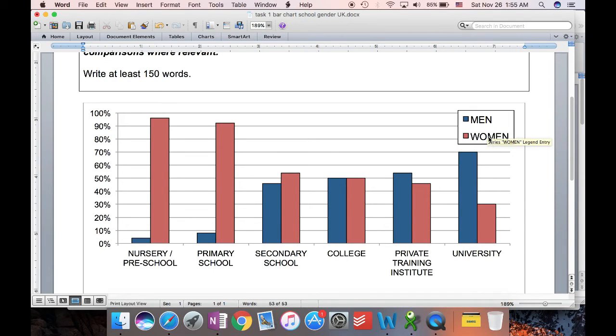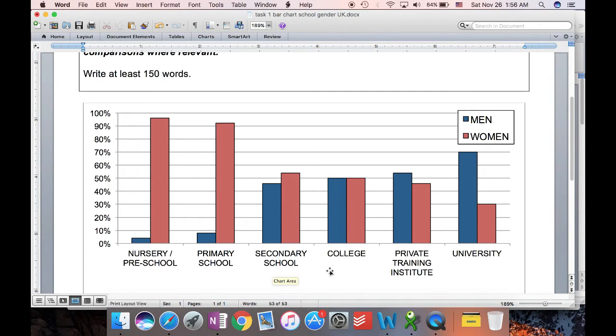What you need to know is about the men and women, the gender distribution, and in the y-axis, the vertical axis, you've got the percentage of men and the percentage of women at each of these 6 different educational settings, educational institutions. And what's immediately clear, so the men are the blue, the women are the red, is you've got nursery, preschool and primary school. Women are overwhelmingly in the majority. The word overwhelmingly probably isn't strong enough. It's almost entirely female dominated,